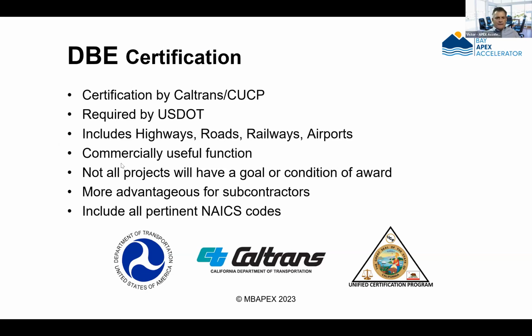And again, more than anything too, remember that this DBE certification is for construction work. I've seen people go out and get DBE certification, and really the kind of product or service they sell has nothing to do with construction. They'll still certify you, but you'll go through this whole process of doing it, and you'll never ever have a